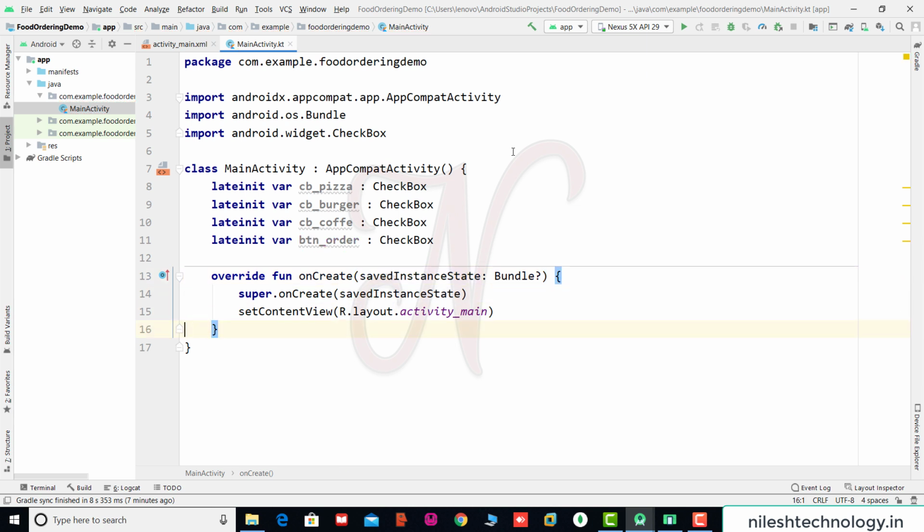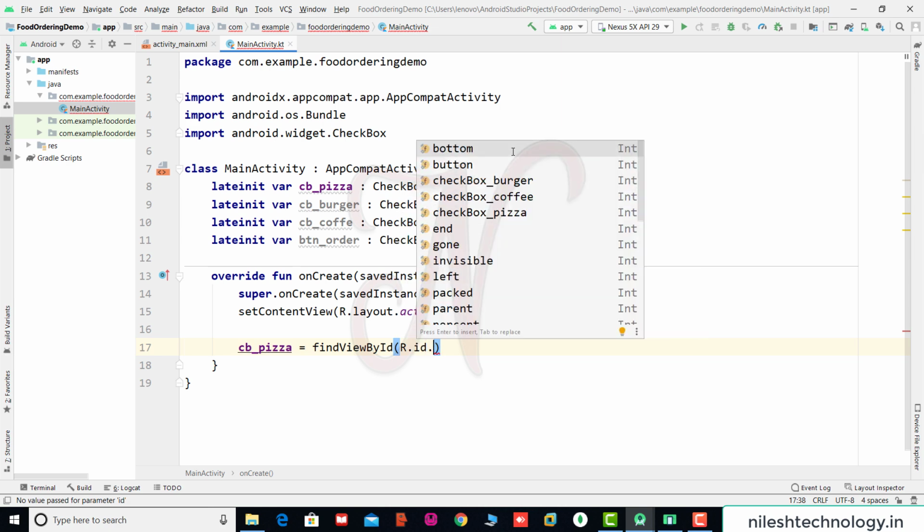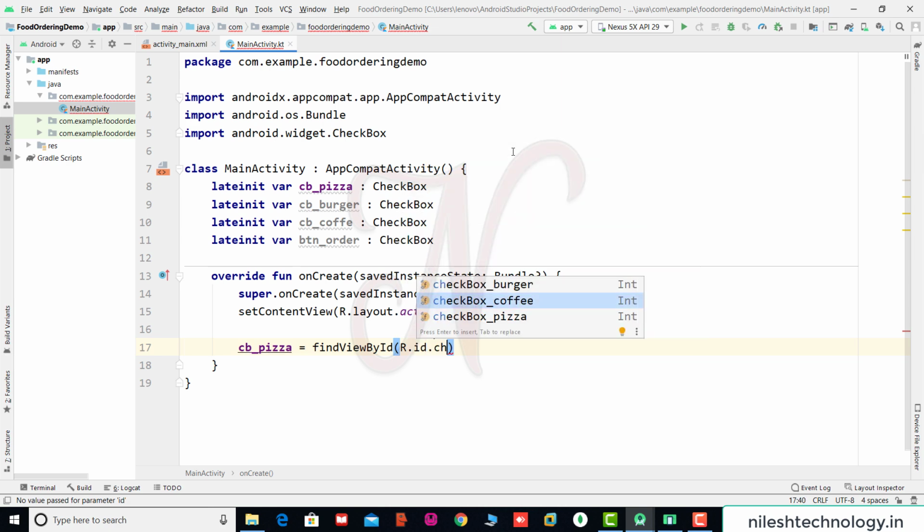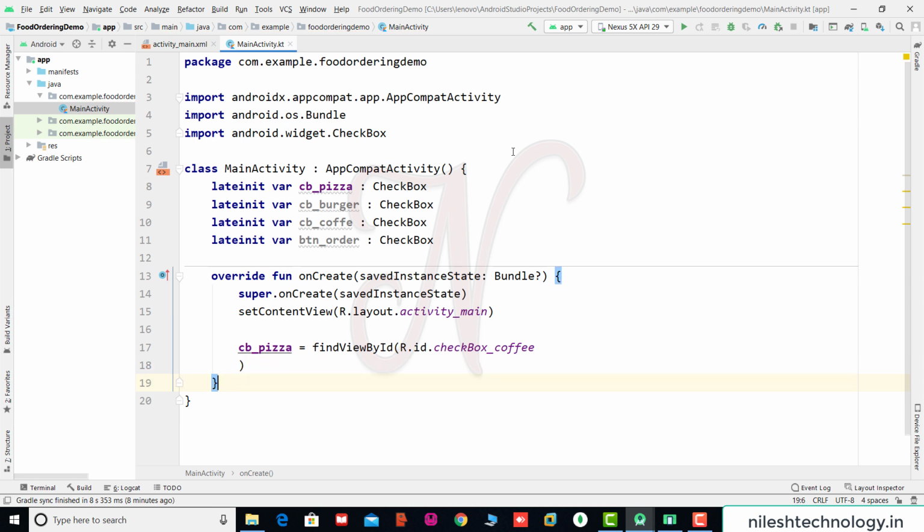Here we map this component to this variable. First one, cb_pizza is equal to findViewById R.id.checkbox_pizza.